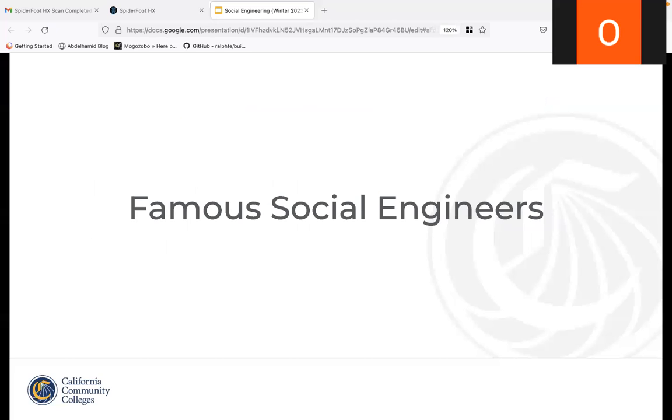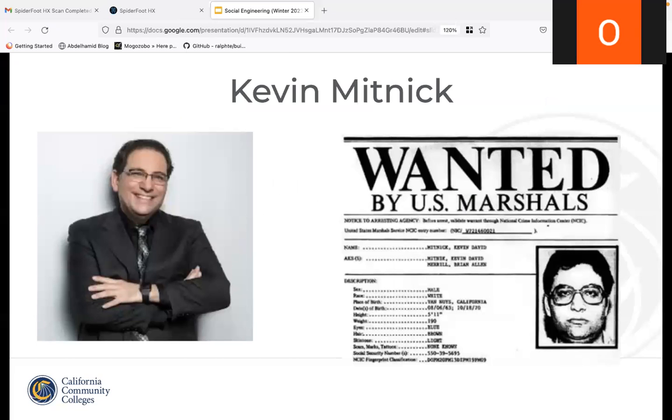Right, so now we're going to go over some famous social engineers. The first one is probably the most well-known social engineer, Kevin Mitnick. His past attacks include breaching various Fortune 500 companies, as well as federal and state agencies. He primarily utilized phishing and physical impersonation, and he knew the vulnerabilities of everyday systems that date back to 1975. These are like punch card systems, telephone systems, and intercom systems.